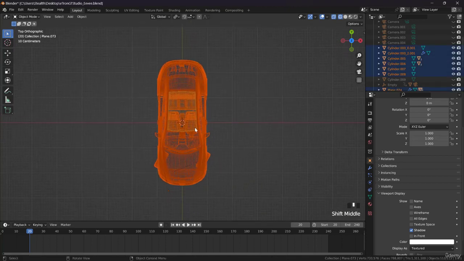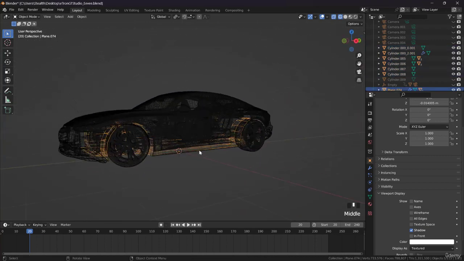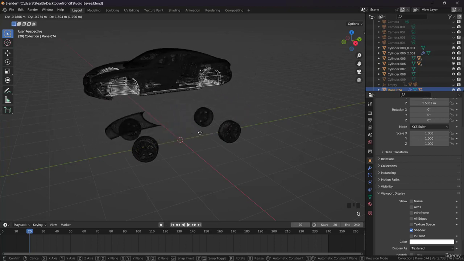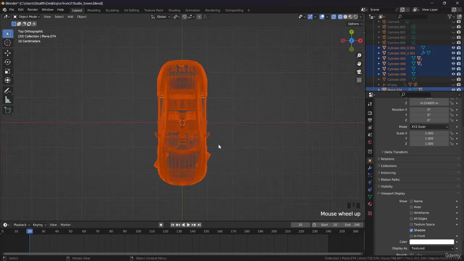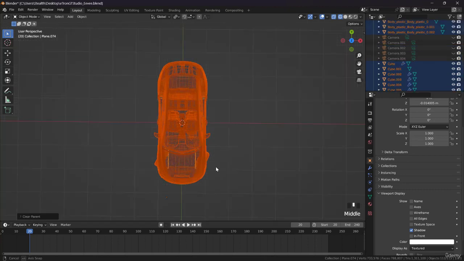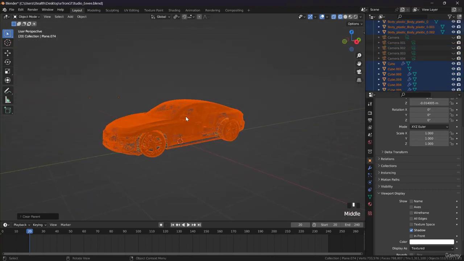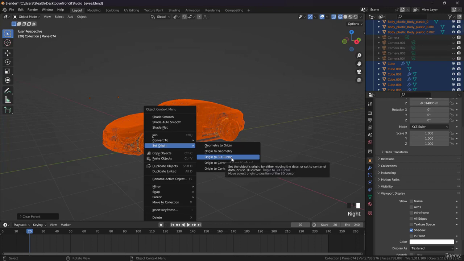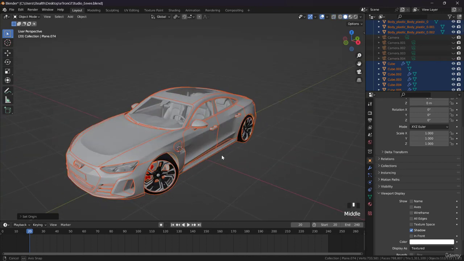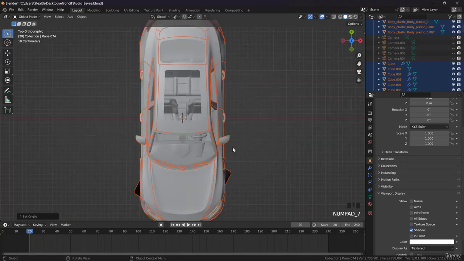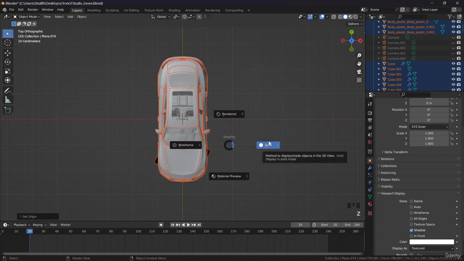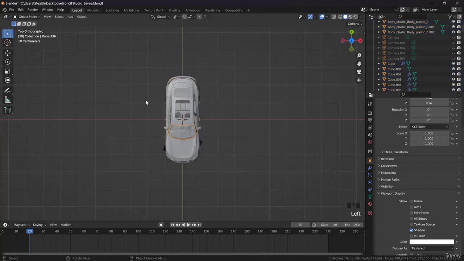And also I just want to see if anything is parented to anything else. Yeah, all the upper part of the car is parented to this, but we don't care about that. We can just select everything and Alt P to unparent and keep transformations. I hope it didn't break anything. And select everything and set origin to 3D cursor maybe. If it doesn't break anything, I think it didn't break anything. Sometimes it breaks, so be careful when you're doing that. I just did this to clean my scene up a little. You don't have to do anything of